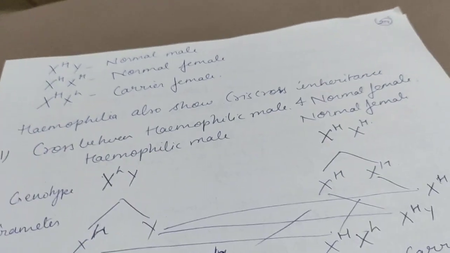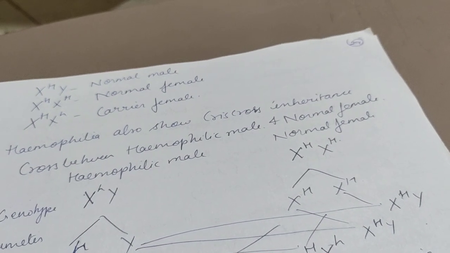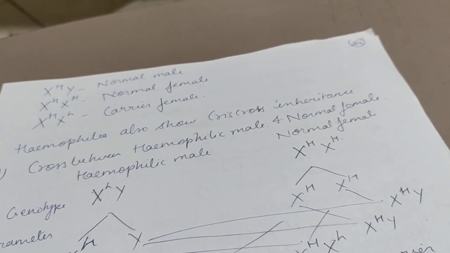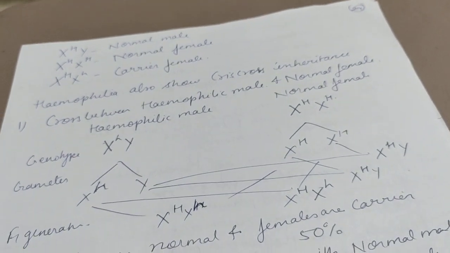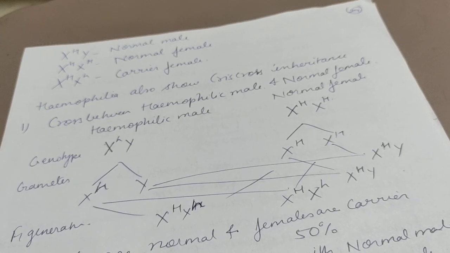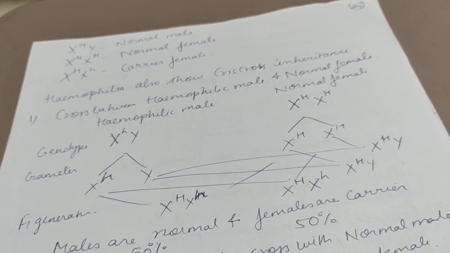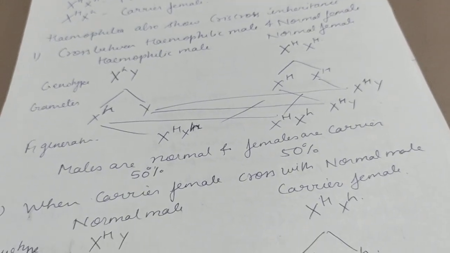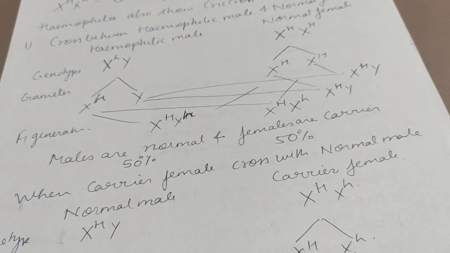So we will see here if we cross a hemophilic male and a normal female. The hemophilic male is X small h Y and the normal female is X capital H X capital H. So you will see here that 50% are females who are carriers, and both the males are normal. Okay, now when a normal male is crossed with a carrier female, that is X capital H and X small h,